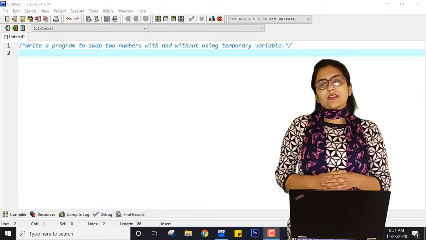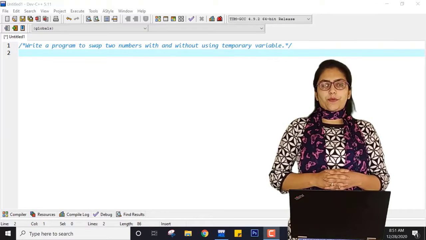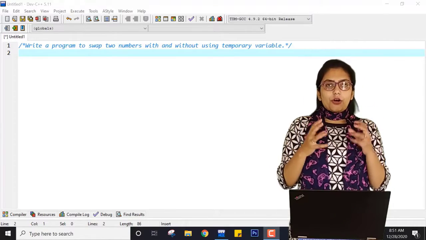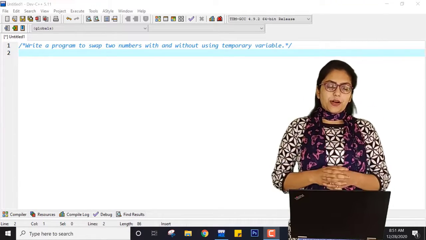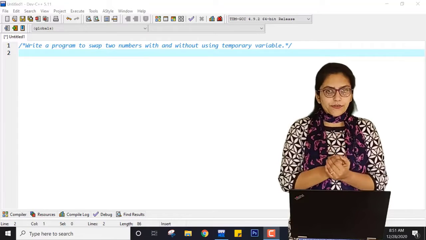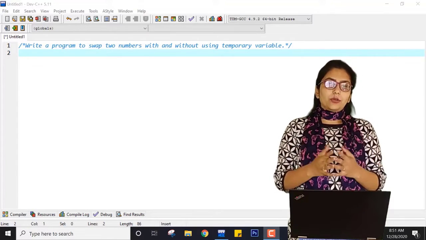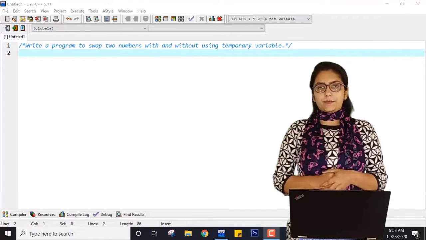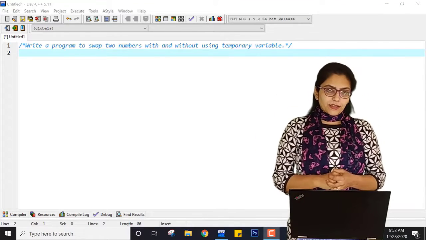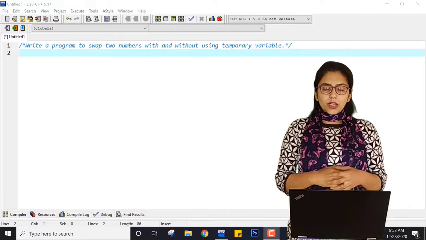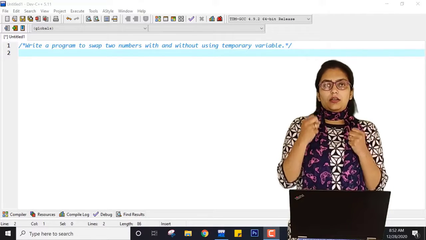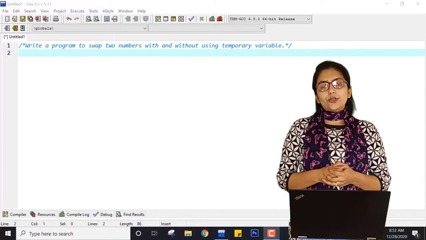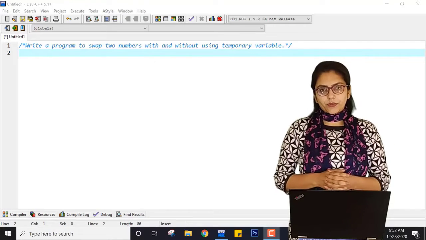Hello students, in today's class I am going to perform one practical that is really very important in order to understand a concept, right? So if you know the concept of scanf very well, then only you will be able to perform this practical. As you can see the aim over there, right? So this is the practical that we are going to perform. What exactly our aim is? We want to swap two numbers.